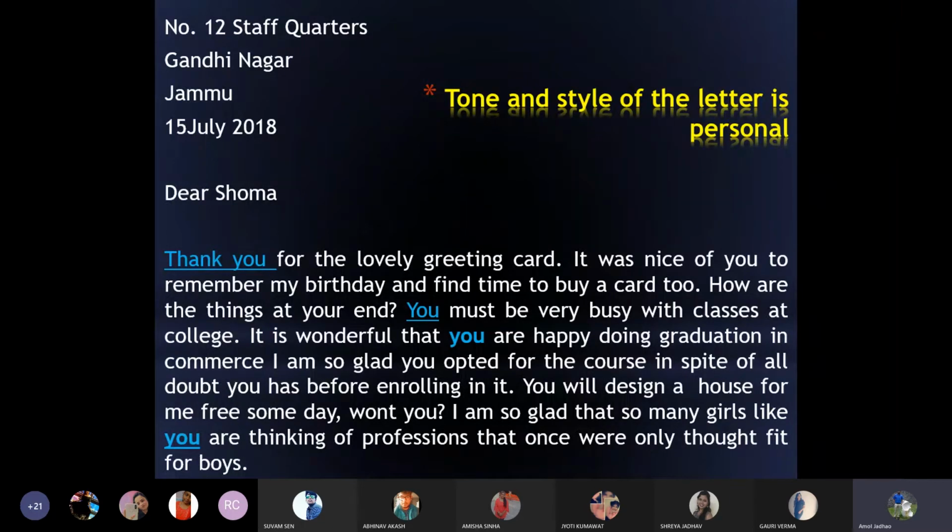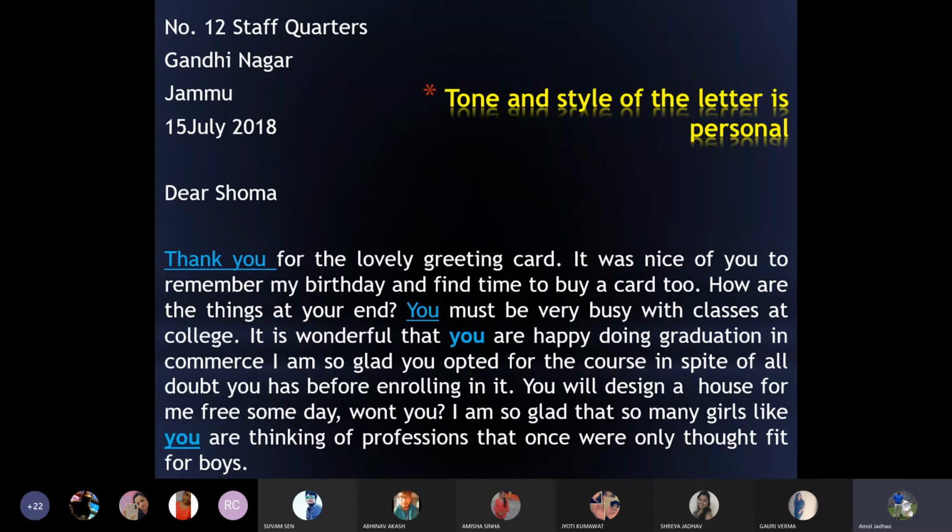Now, having said that about punctuation marks, as we were discussing, dates are written in different formats and manners. Like the one written over here, 15th July 2018. While reading the letter, we don't say 15, right? We say 15th. So that superscript is taken for granted. 15 July 2018.